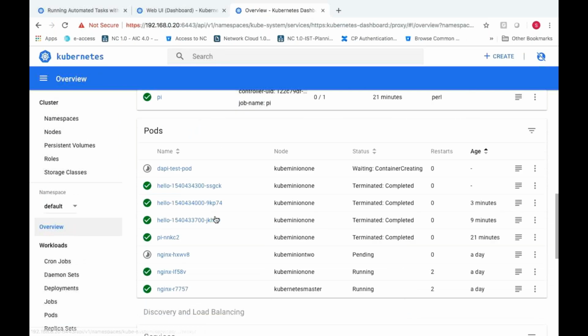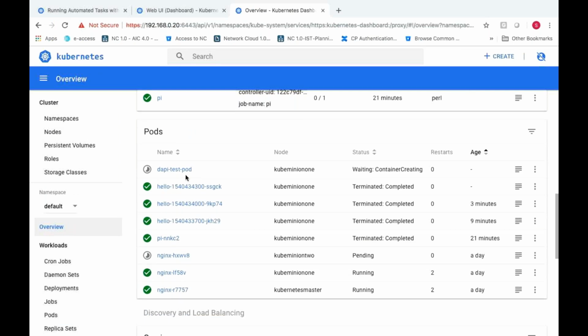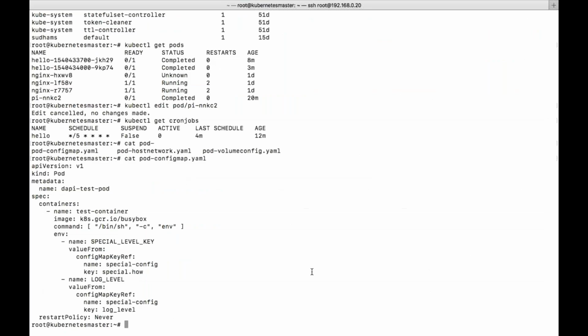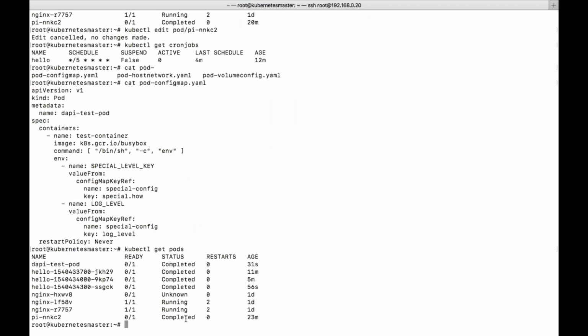Here it is. See, wait, in the sense it is trying to create, container creating. You can see it from here. It is actually a pod.